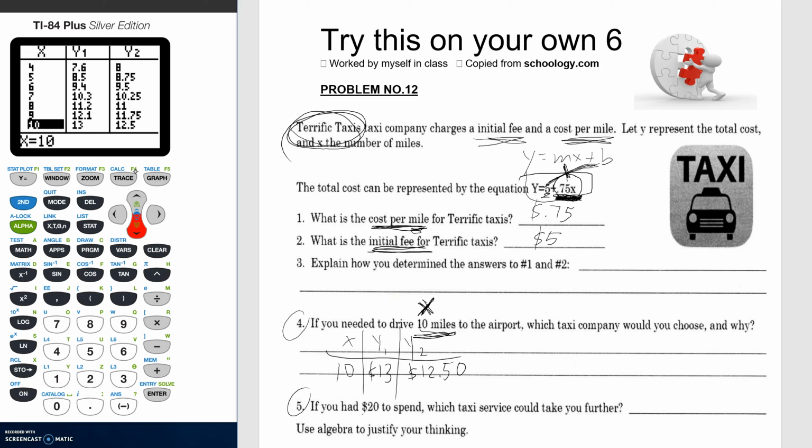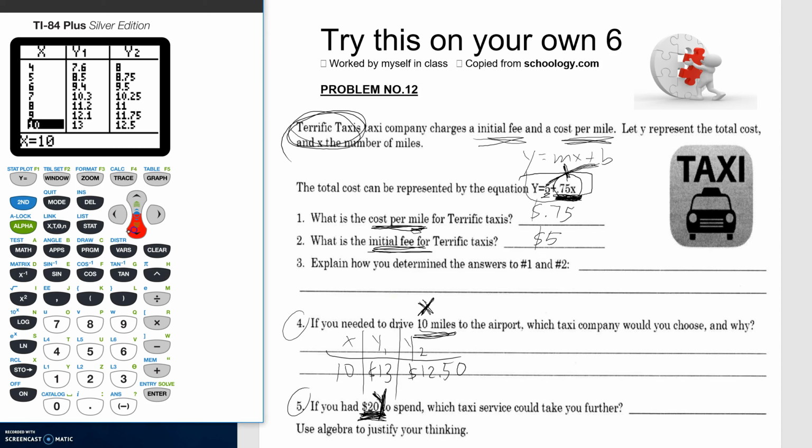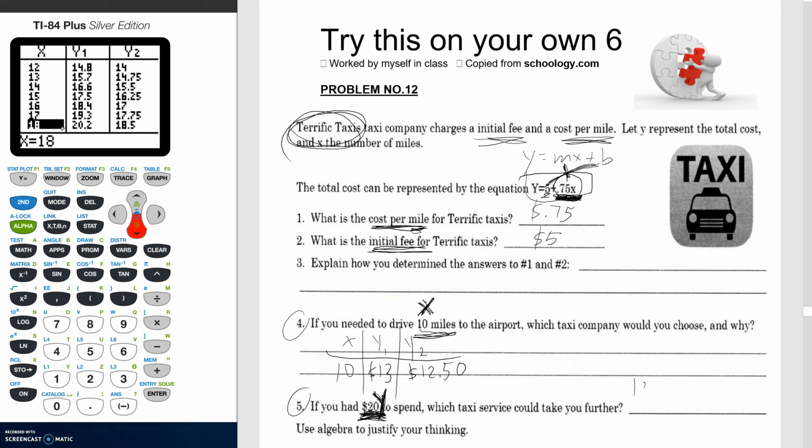Okay, if we have $20 to spend, who could get you further? Now $20, that's our total cost. That's Y. So we want to be looking at the Y column this time and see where each one hits $20. So we'll keep scrolling. We're not there yet. And you can go 18 miles